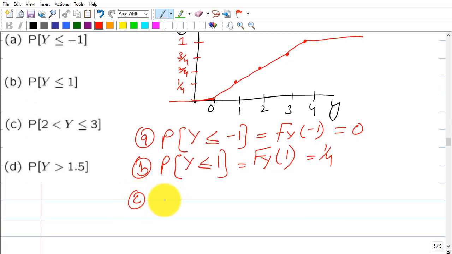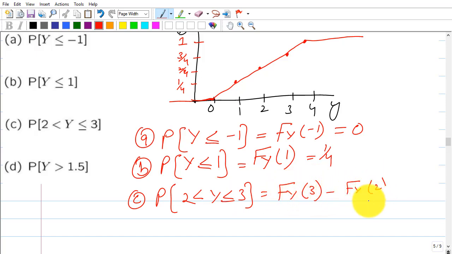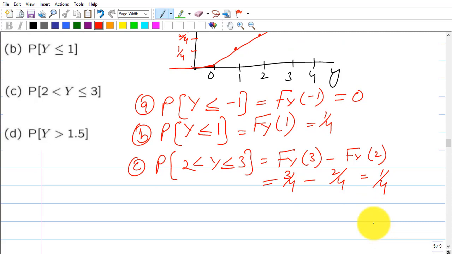Part C says to find the probability of y in the range of 2 and 3. So we know that we can write it as Fy of 3 minus Fy of 2. So Fy of 3 is 3 by 4 minus 2 by 4. So that would be simply 1 by 4. And it says that